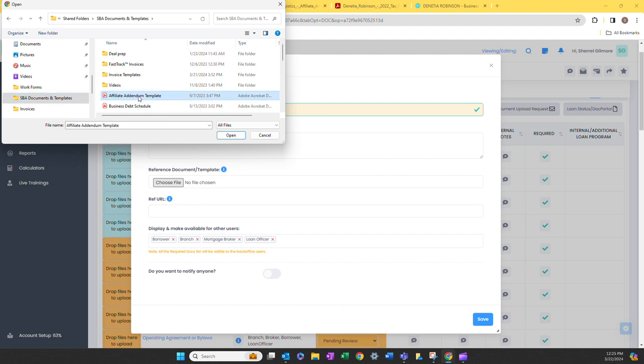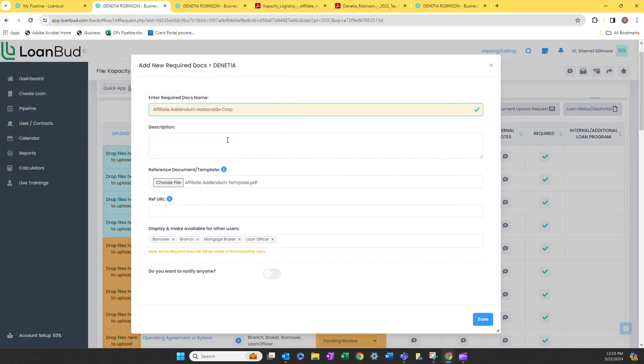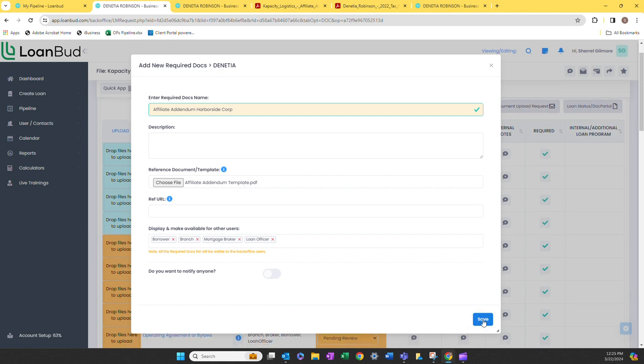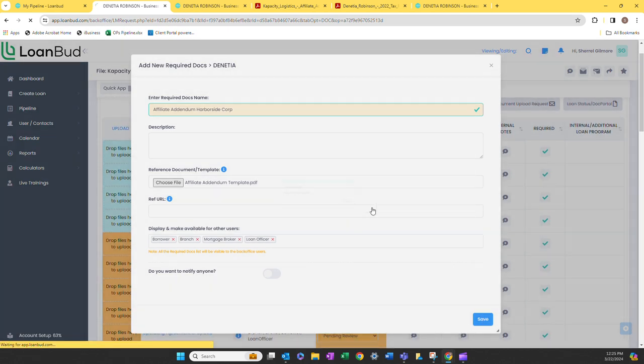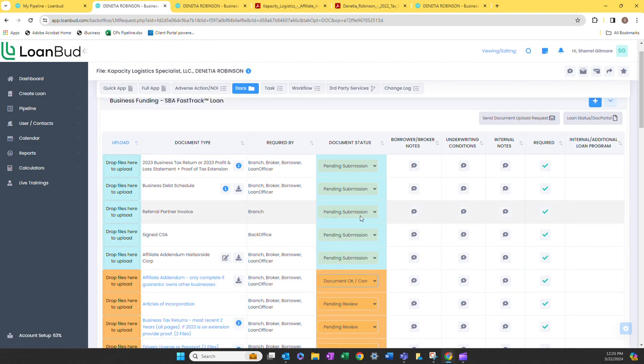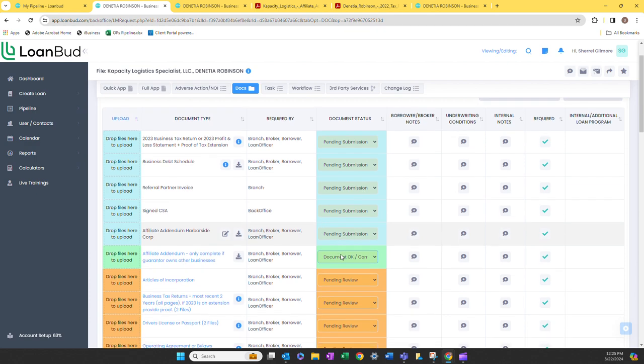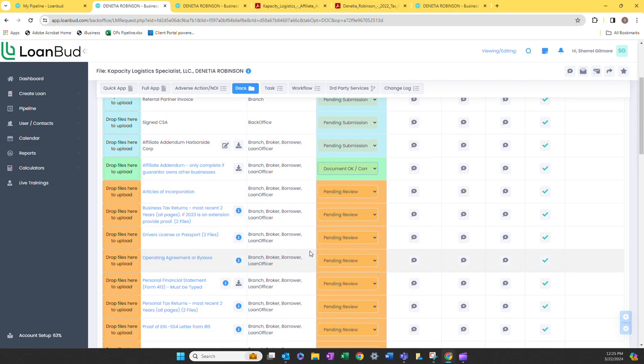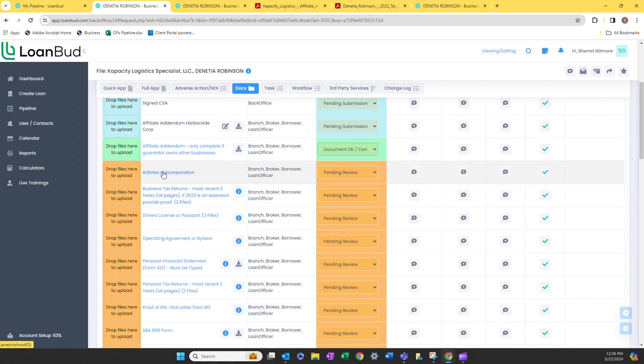So I keep a template here on my computer. I'll open it, and now the affiliate addendum is attached for them to be able to complete that for this particular business. Once I close that out, condition is added. So I can go ahead and accept this condition for Facets of Gold. And now that I know that my loan has passed the application questions, I'm going to want to check